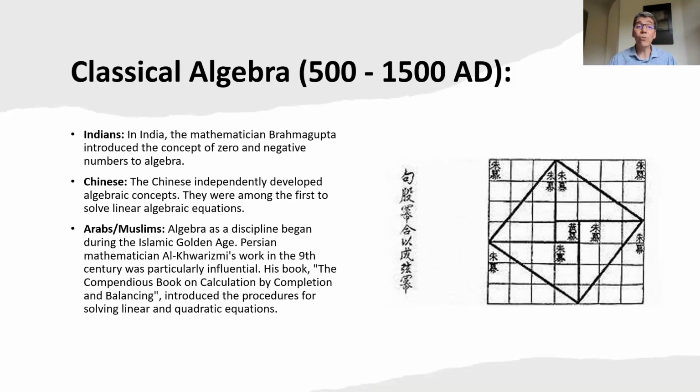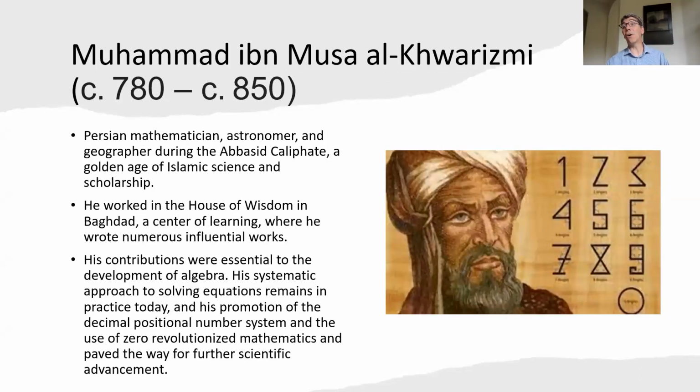So there was almost very, very little development of mathematics or science during this time in that part of the world. But in India, in China, and in the Middle East, we have very important and influential developments of mathematics, especially here in the development of algebra. So let's take a look at some of these developments, okay?